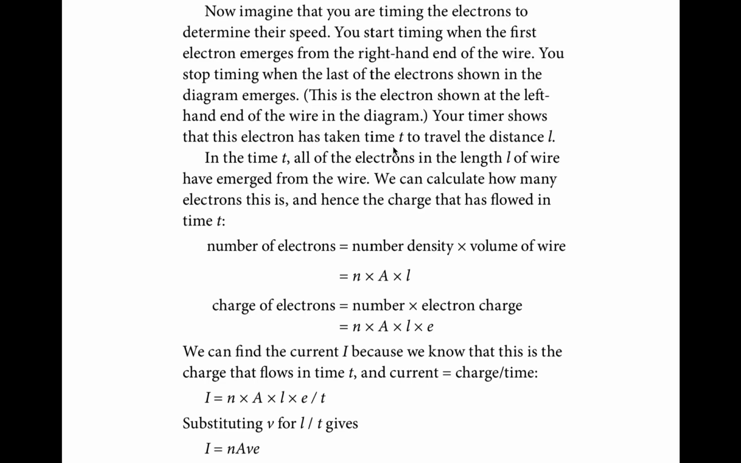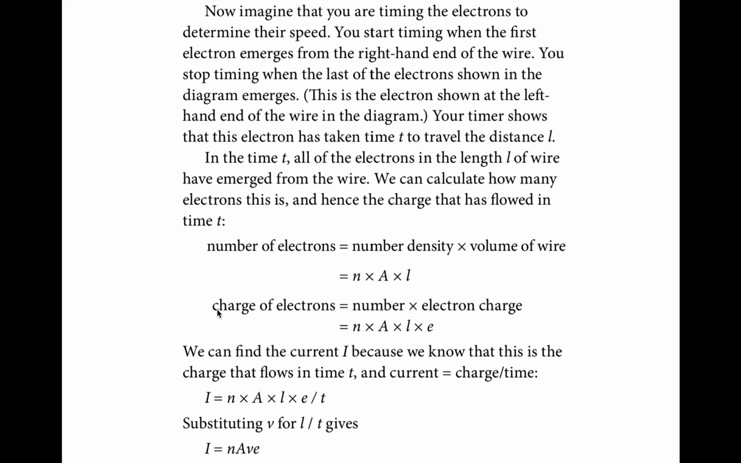t is the time taken by the electrons and distance L is the length of the wire. So in time t all the electrons have come out of the wire. Now to calculate how many electrons are present in the wire, what we can essentially do is multiply the number density, which is number of electrons per unit volume, by the volume of the wire. That will give us the total number of electrons present in the wire, right? So that is number density into volume. Volume is area of cross section into length. So multiplying these three, nAL, will give us the total number of electrons present in the wire,